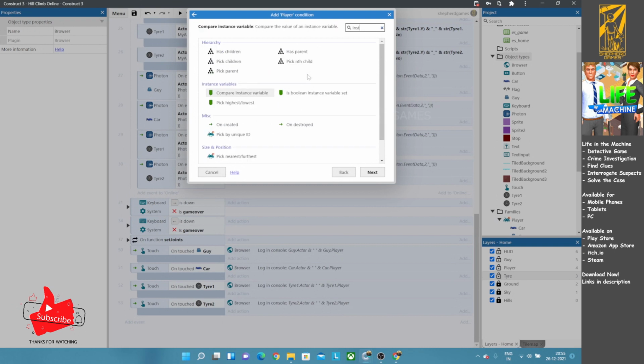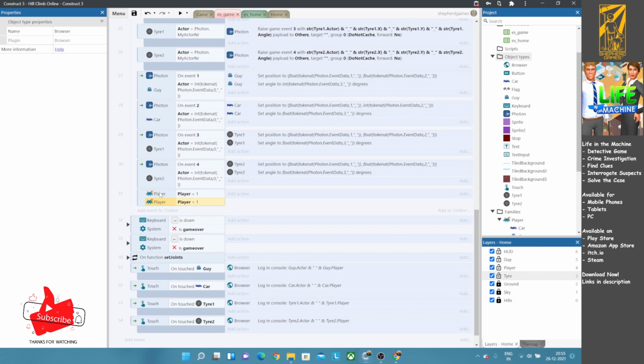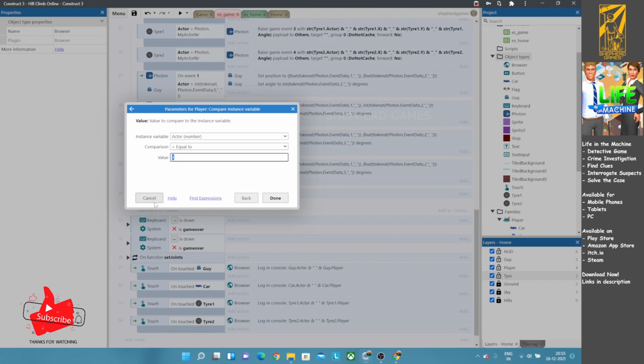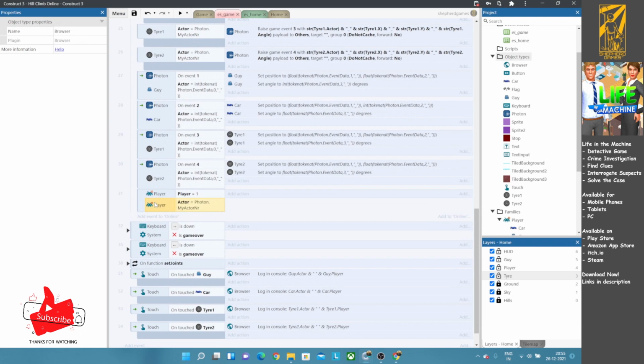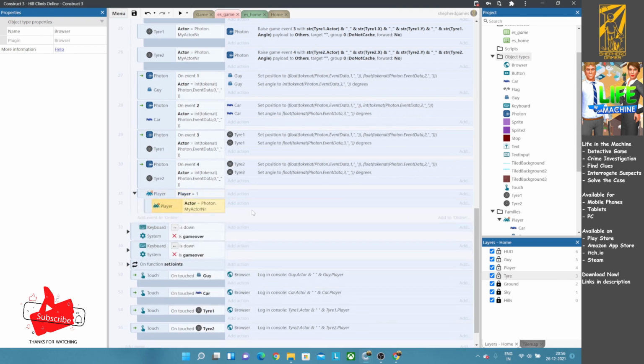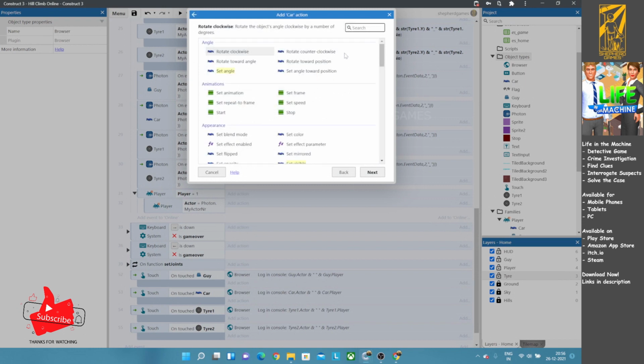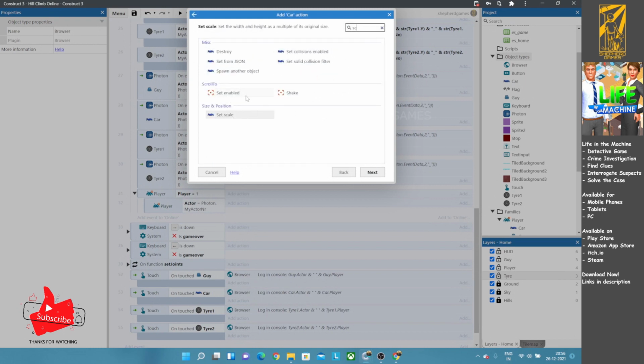So if it is player 1, and the actor number is equal to the actual actor number, set car scroll to,